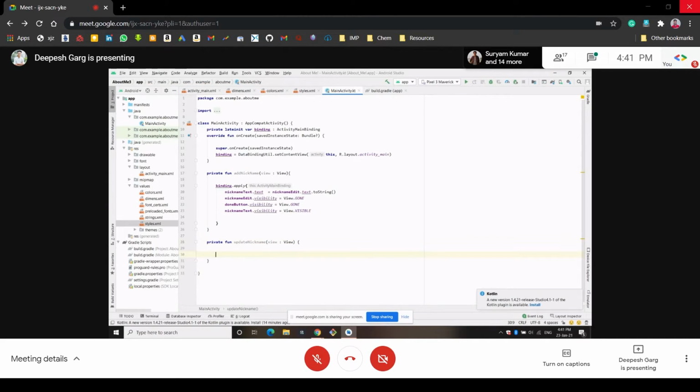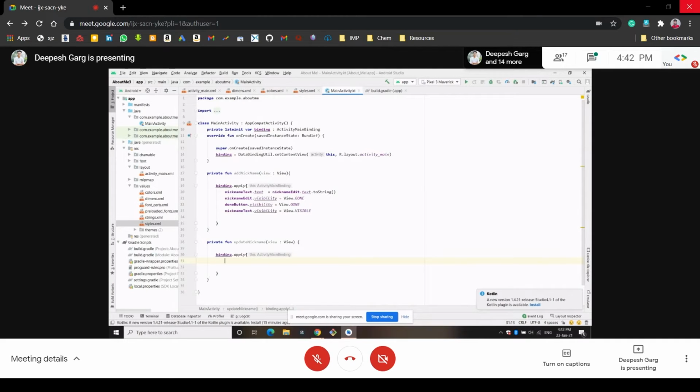Now again we will access this binding variable that we created, binding dot apply, because it will apply some functions here. Now we want some more functions to be done after the user clicks that text view to update his or her nickname.